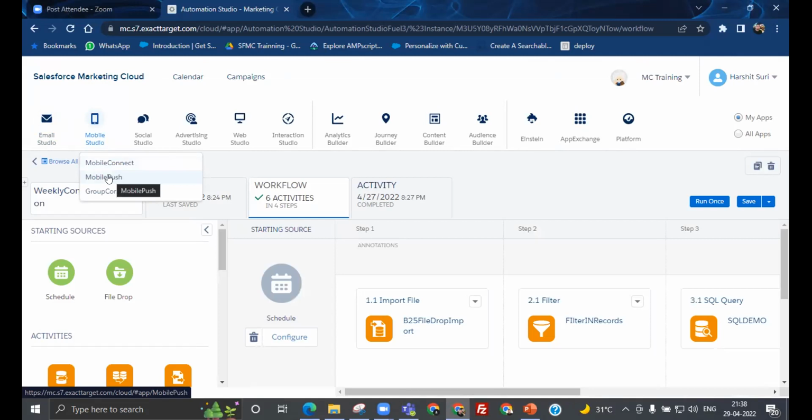We have Mobile Push. You can integrate your mobile applications, iOS, Android applications, to Salesforce, and you can send push notifications. You must have seen Zomato, you must have seen Swiggy. If that application is inside your phone, they continuously try to send some push notifications. That is also a new era of marketing, guys. Integrating a mobile app and continuously reaching the customer via push notification is the modern way of marketing.